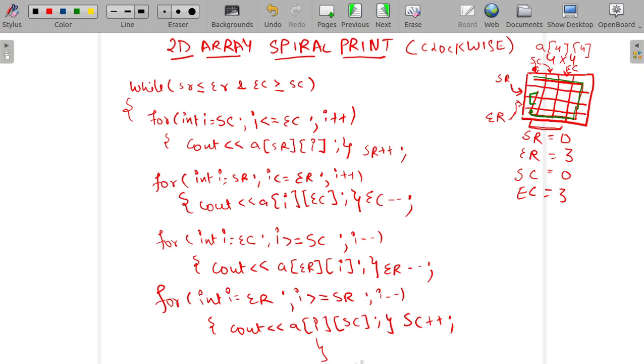So when all the four loops have been iterated, then again it will check the conditions for the while loop and the conditions will be fulfilled. Then in this loop we are printing from start column to end column. So now start column is pointing here and end column is pointing here, so these two elements will be printed. In the later part this will be printed, and in the later part this, and the program will end then, right? So let's see if it works or not in our Visual Studio Code.